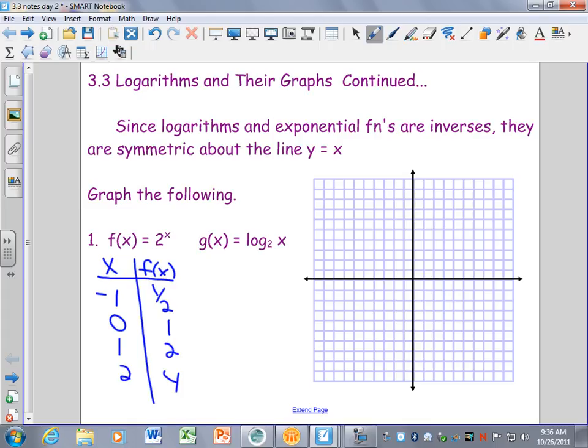So one way that you can graph logarithms is you could graph its inverse and then switch it around. I'm not really suggesting that you do that, but you could do that. I just want to show you how these functions look when we graph them. So when I graph negative 1, 1/2, 0, 1, 1, 2, 2, 4, and it's just going to look something